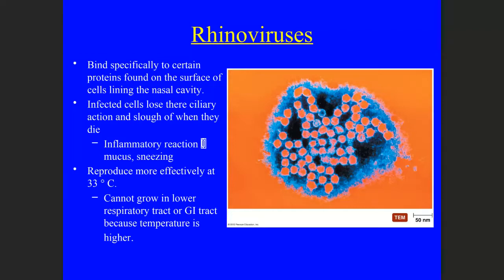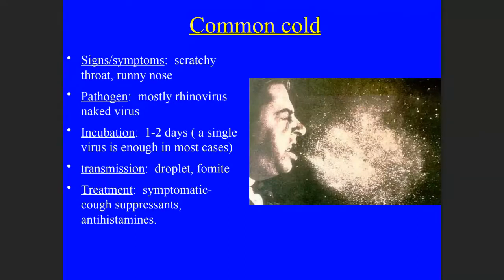So the rhinovirus tends to pretty much infect the nasal epithelium, hence the name rhino. Rhino, the prefix there, really means nose, has anything to do with the nose. It infects the nasal epithelium, causes a lot of infection and inflammation there, and that would trigger increased mucus production that would then cause a lot of coughing and sneezing and that kind of thing. So it tends to infect mainly that area, and it's usually transmitted through a droplet